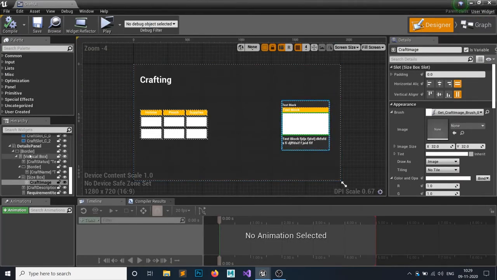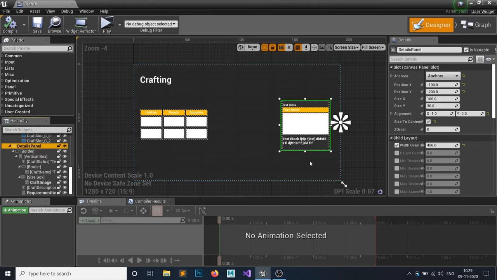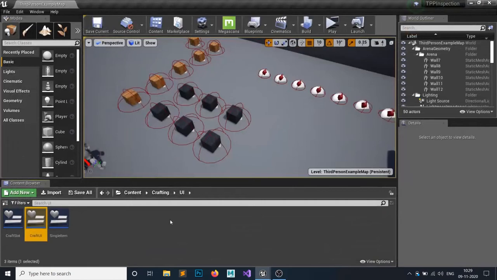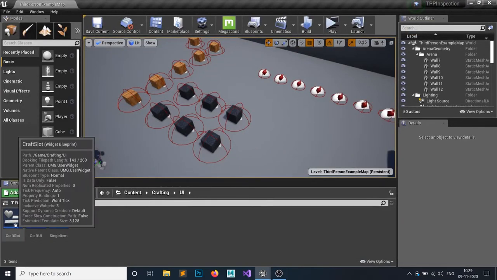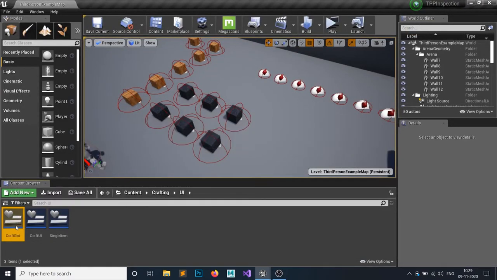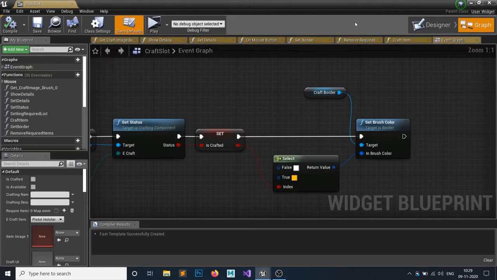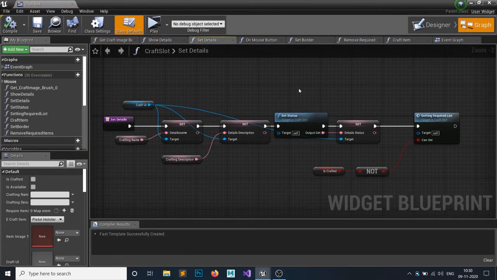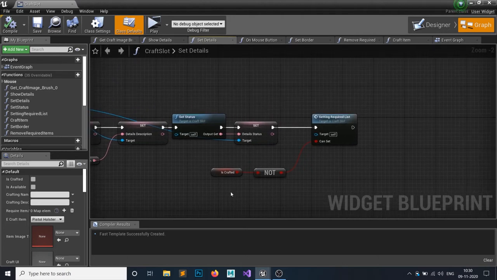Next thing I need is, this craft panel, the whole panel should be not visible, so the render opacity should be 0 when the widget is popping up. So I will simply set it to 0. So it is done. Now in the crafting sort, where we are setting the inventory details in here, we are setting the status, setting all the things.